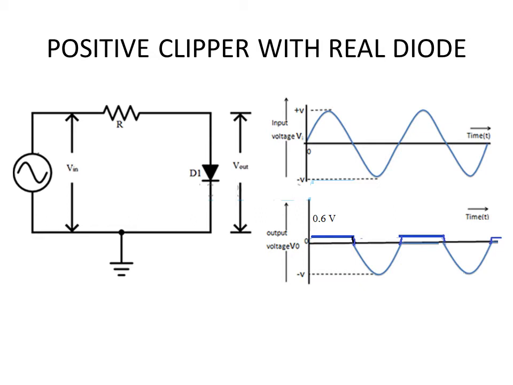So all throughout the period in which the diode is forward biased, you will be able to measure 0.6 volt across the diode if it is made up of silicon. So what is the difference in our output is what is shown in the bottom graph. Earlier we had 0 voltage whenever the diode was forward biased. That means during the positive cycle. But now when we have the real diode, instead of 0 voltage, it will show this 0.6 volt, which is the barrier potential.